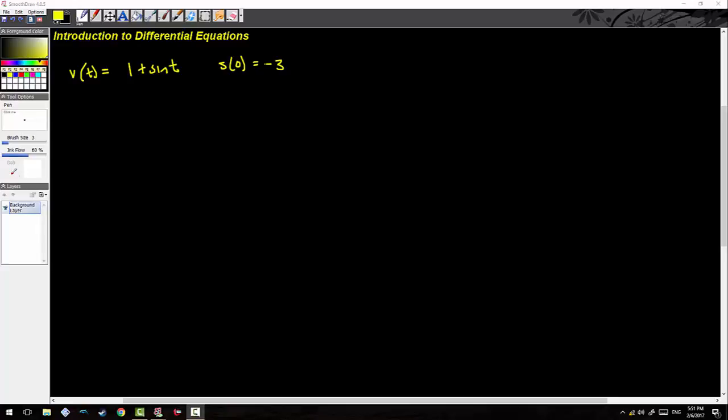You might recognize some of this work from your quiz and your homework last week, where we're given a velocity function 1 plus sine t with the initial condition s of 0 equaling -3. This is known as an initial value problem, where we're basically going to be asked to find the position function originally. So in order to move from velocity back to position, I'm going to go ahead and take the integrals